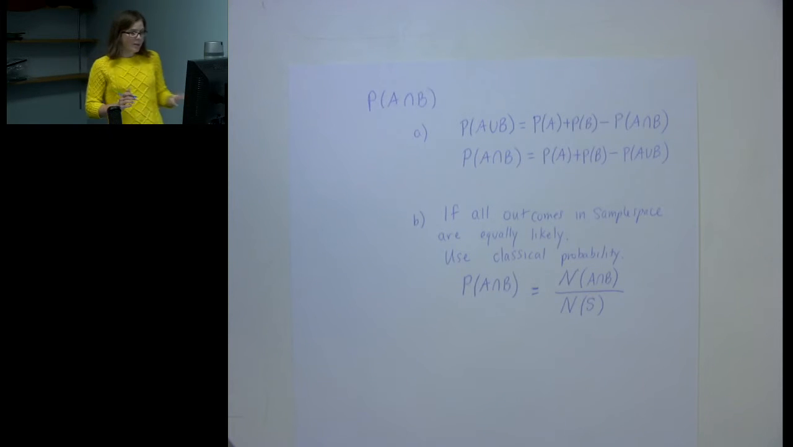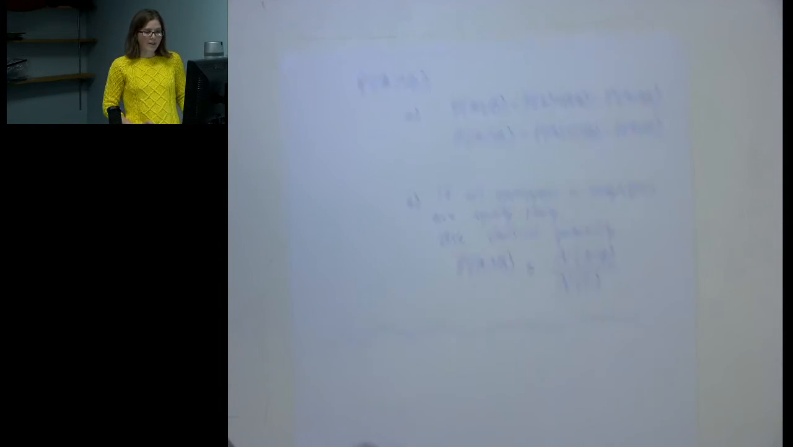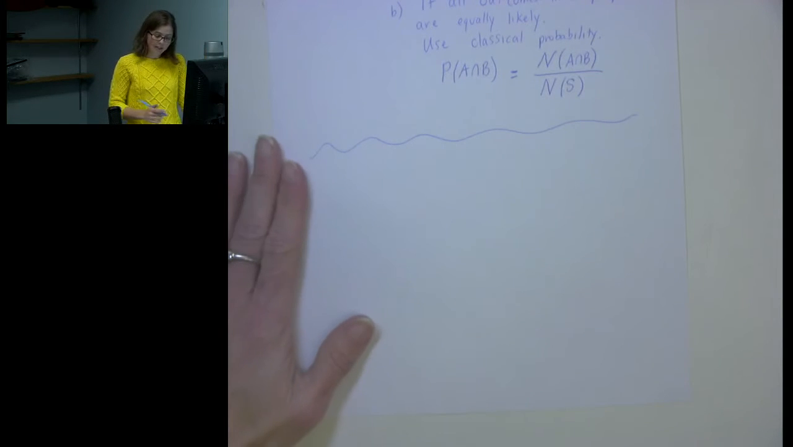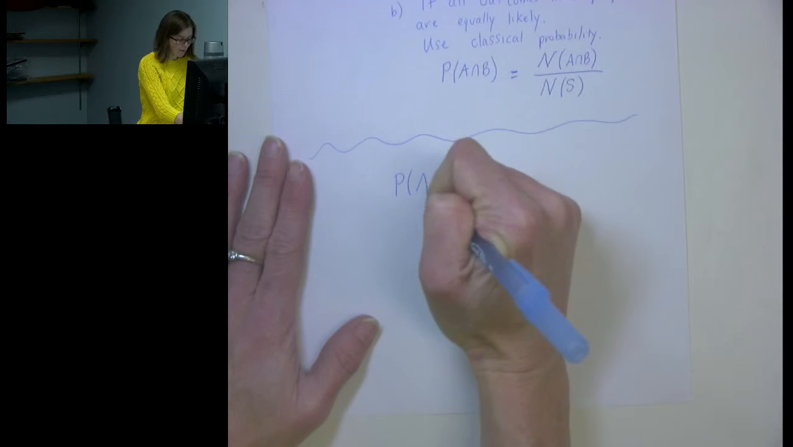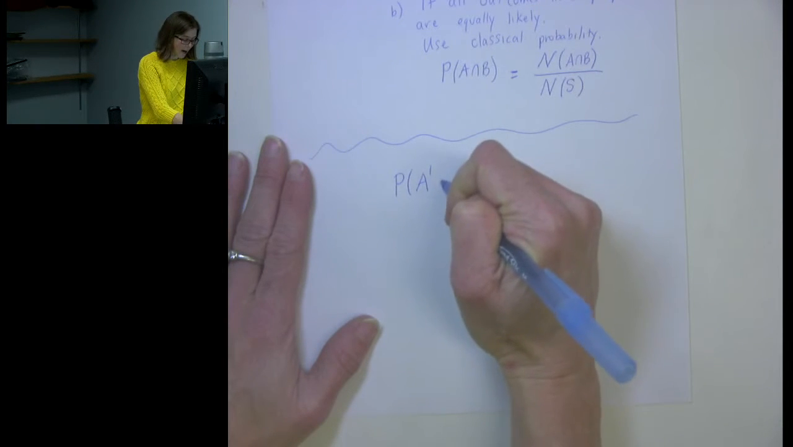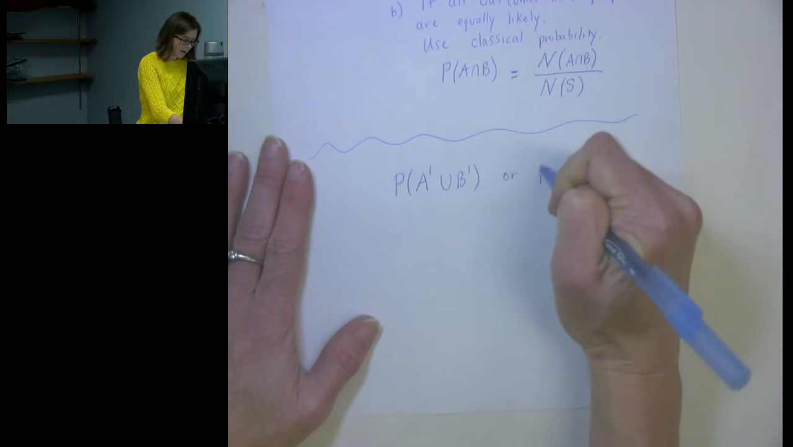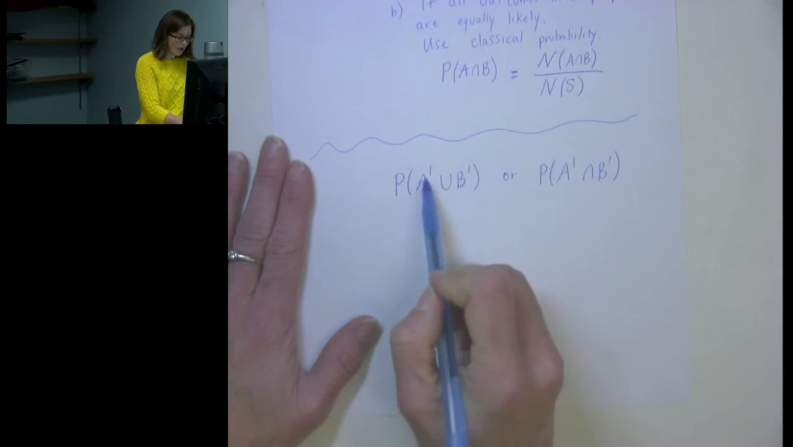The other thing I wanted to mention is that one thing that is extremely useful for finding probabilities is De Morgan's law. Anytime that I see a situation where I'm looking for the probability of A complement union B complement, or the probability of A complement intersect B complement, when I see two complements in here,